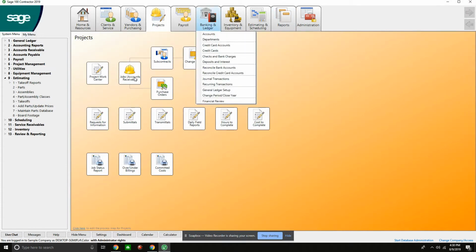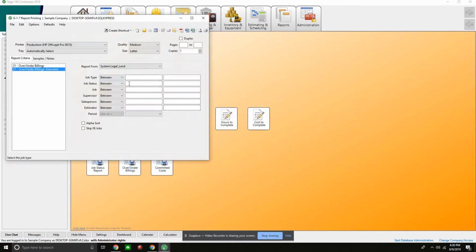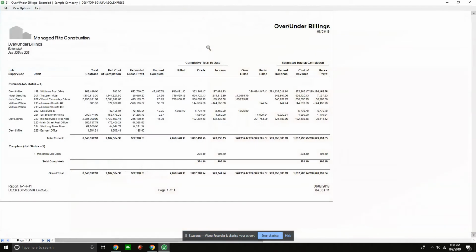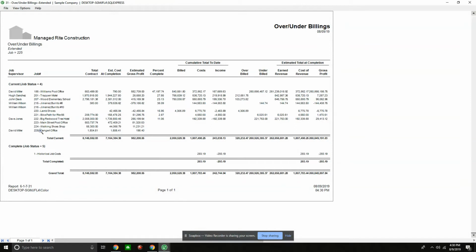Because essentially, as we're collecting costs and as we're going through and billing, we want to make sure that we have an accurate WIP report. So if I look at my over and under billings report, and I want to go here and look at that particular job, and I want to print preview. Now I don't have any cost associated with it, but now we can see down here at the bottom, we've got our contract amount, we've got our estimate, and then we've got our estimate gross profit. So as we start billing and assigning costs, this is the foundation of our WIP report.